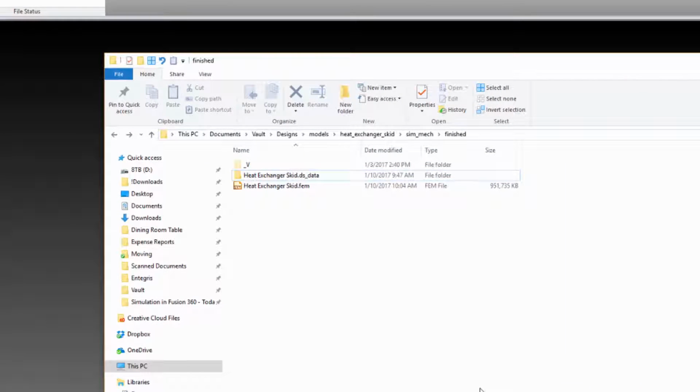Archive files are like a zipped folder containing all of the data required by a Simulation Mechanical model. When opening a Sim Mechanical model, you go for the .fem file. That's kind of like the entry point for the model, but the real meat of the model is contained in